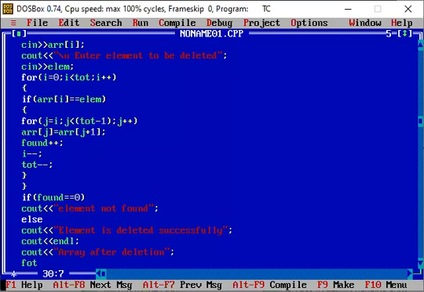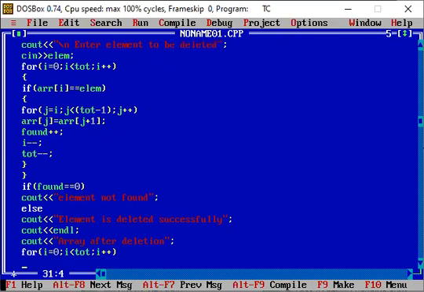So again, I will use a for loop, for i equal to 0, i less than total, and i plus plus.